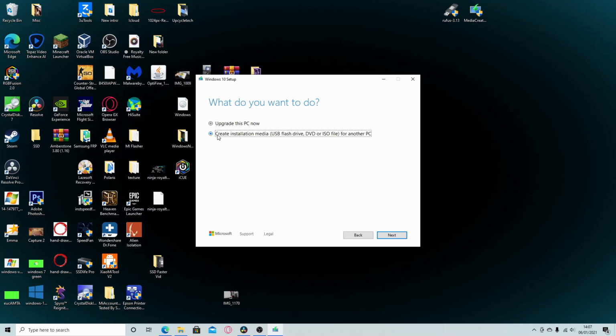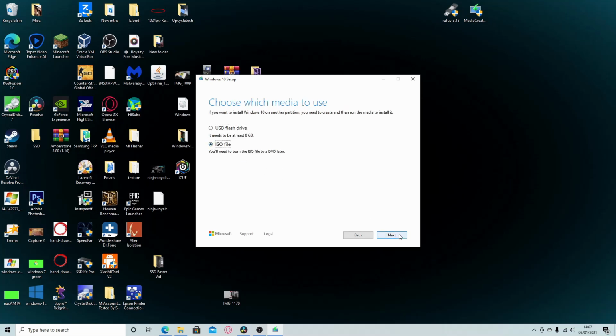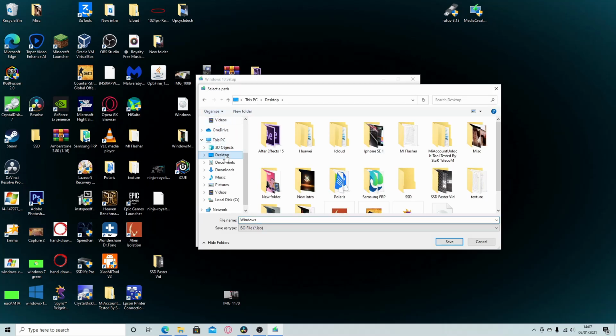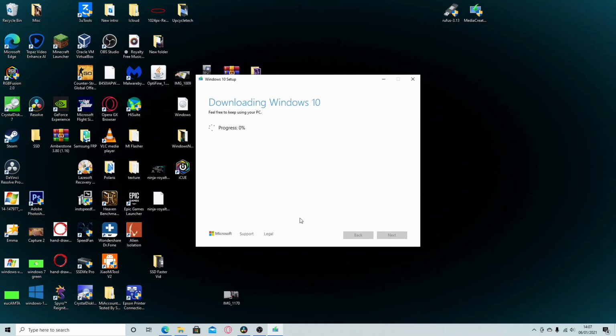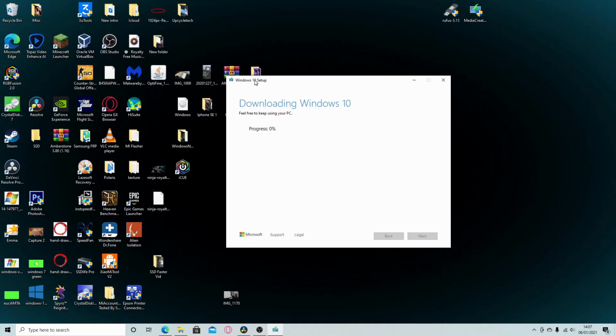So once that's finished loading up, we want to click Create Installation Media for a USB flash drive. And once it comes up with the select language, leave everything as it is, click next, and you want to select create an ISO, and you want to save that somewhere that you're going to know where it is. Again, it will take a while depending on your internet speed, how long it will take to install Windows 10. And once that's done, we will start getting the ISO ready to make it bootable on a USB drive